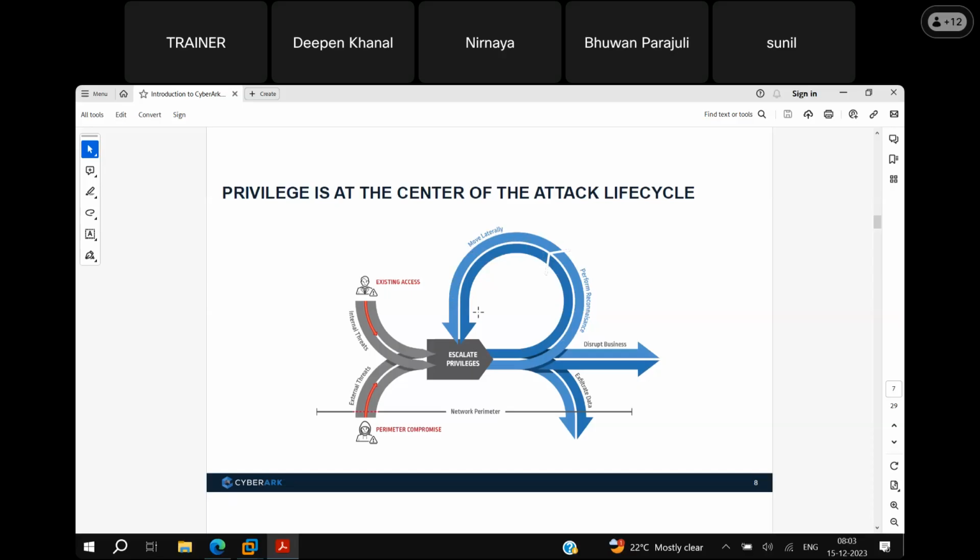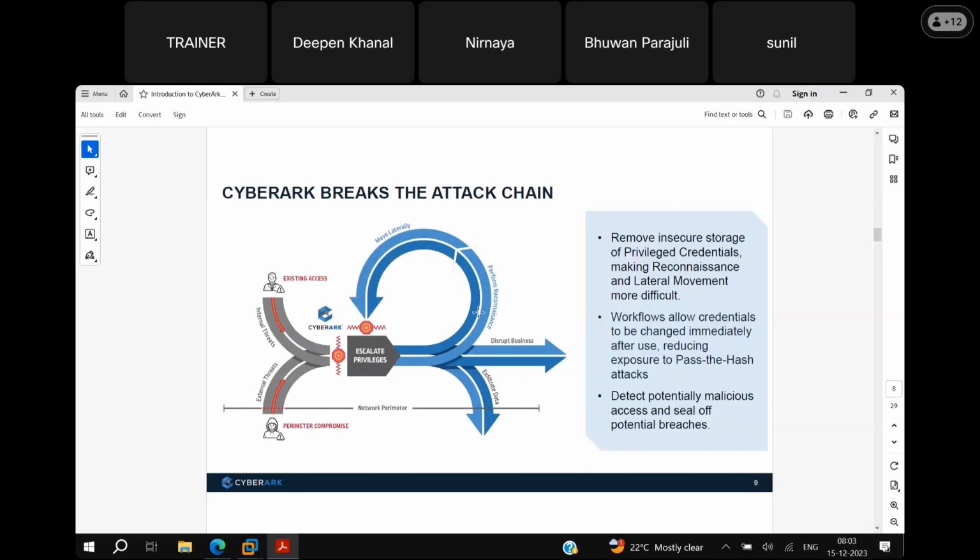Next slide. CyberArk breaks this attack chain. So how will the CyberArk PAS product, the privileged account security product, break this attack chain? See here, internal threat or external threat. If an organization uses this product, it does not allow hackers to gain control over the privileged accounts, the passwords of the privileged accounts.